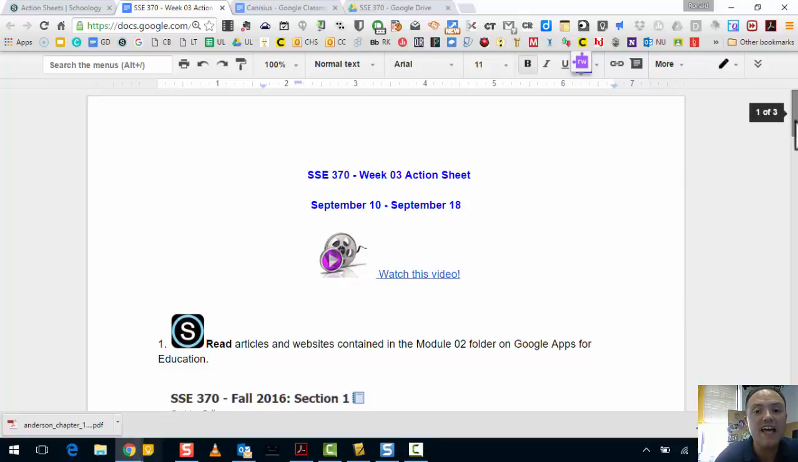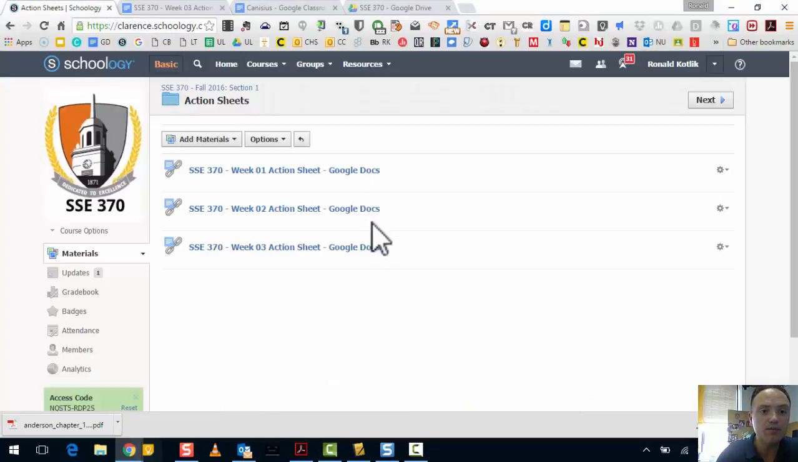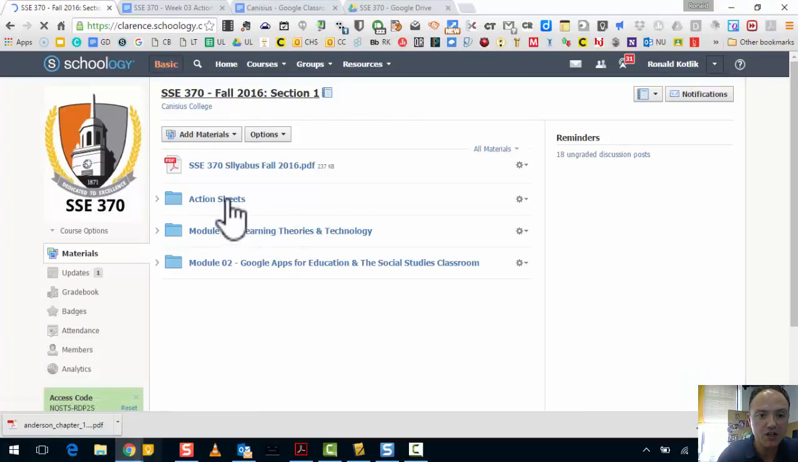So here we go. Here are the expectations for the week. You're going to read the articles and websites containing the Module 2 folder on Google Apps for Education. I know this looks the same as last week, but let me explain this a little bit. You go back to our course here. Here's the main course, and I place this action sheet in the folder as well. We're going to go back to Module 2,